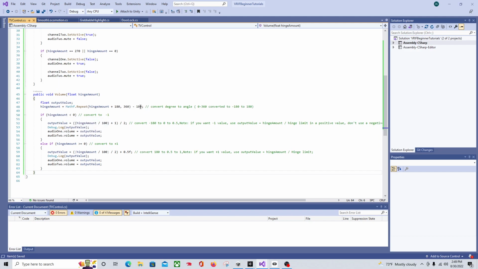And then once we have that value, if you wanted to keep it that way, let's say you needed to control something in angles instead of degrees, which is what we're doing. We're converting our degrees to angles. Maybe you need that value. But then we can convert it to negative 1 to plus 1. So how we do that is we take our output value, which is